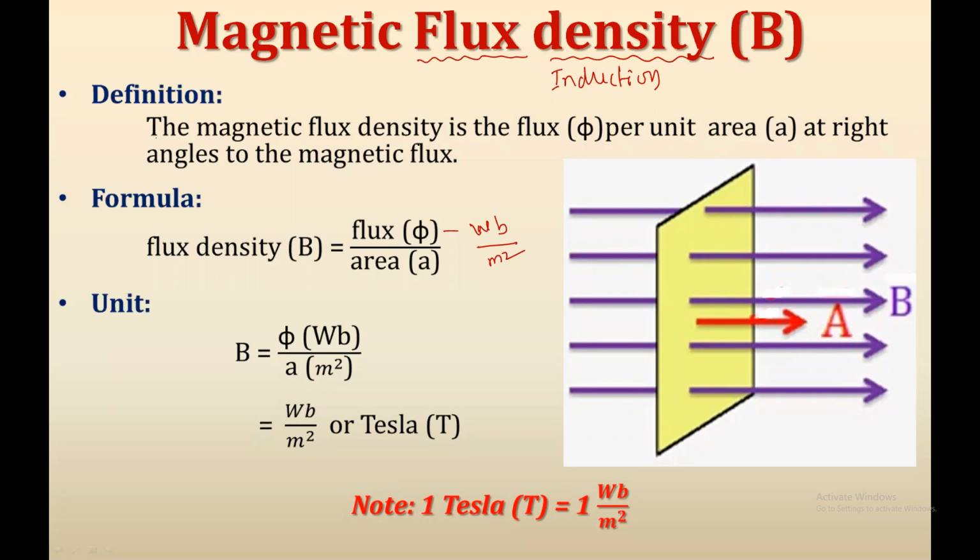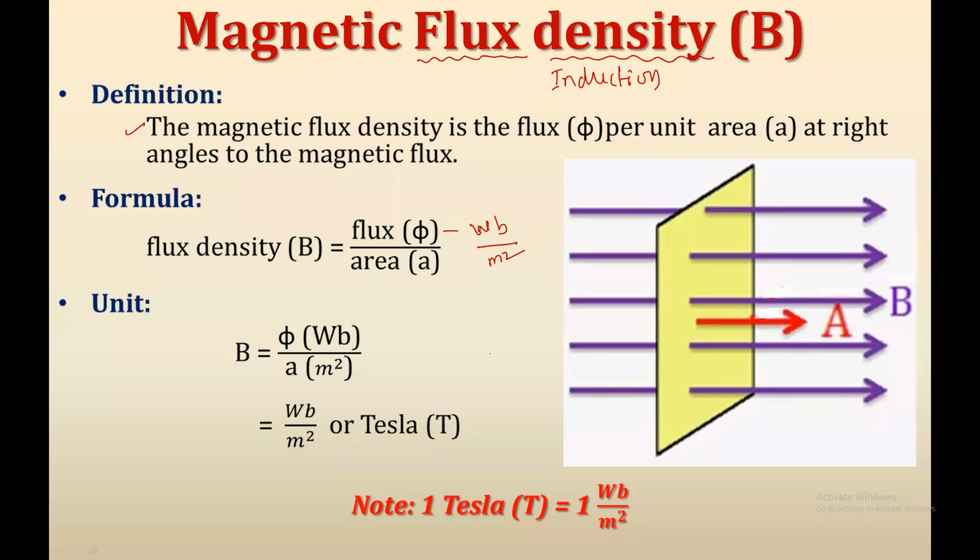But try to read that definition once again. The definition is the magnetic flux density. Whenever the flux density comes, then definitely it is related to two things. One is the flux and the second one is the area. Is it right? So remember the definition: the flux density is the flux per unit area at right angle to the magnetic lines of force. When the plane of a coil is at right angle to the magnetic lines of force, at that time we say that the maximum flux can pass through that plane.